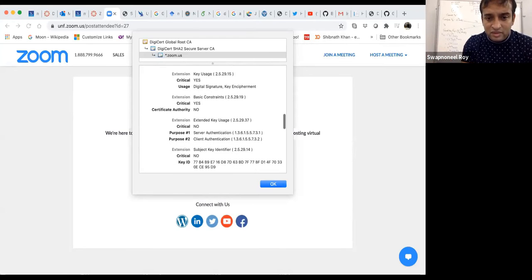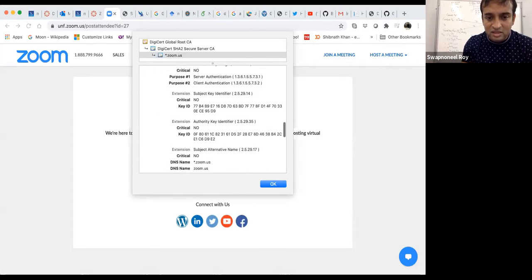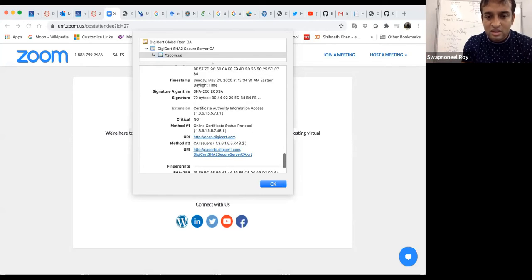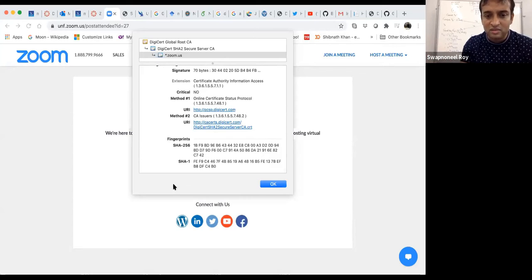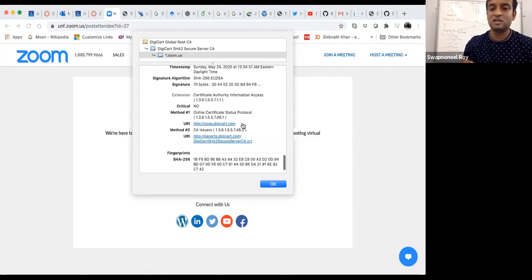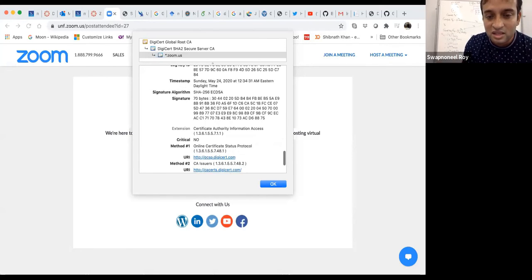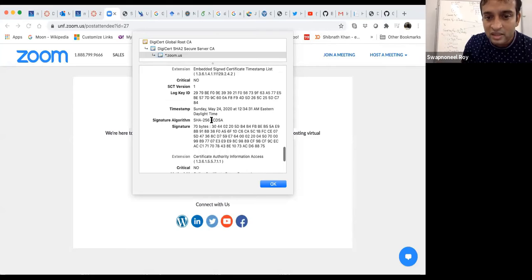I'm just looking to see whether they mention the key exchange algorithm. No, the key exchange algorithm is not mentioned. The signature algorithm is mentioned, but the key exchange algorithm is not, probably Diffie-Hellman. When we do some hands-on projects, you will see Diffie-Hellman is used, either the regular version, which is the modular exponentiation, or the elliptic curve version. In this case, the signature algorithm right here is ECDSA. That is the elliptic curve version of the DSA algorithm.